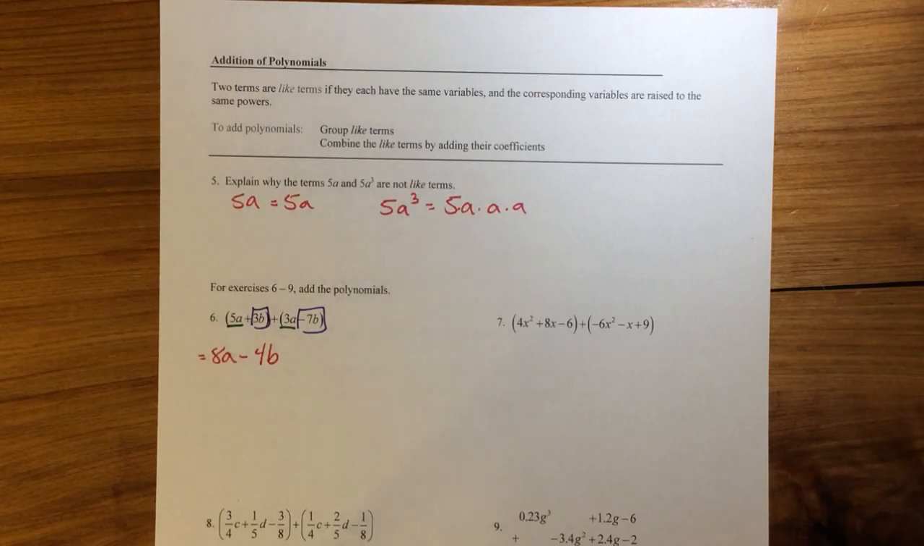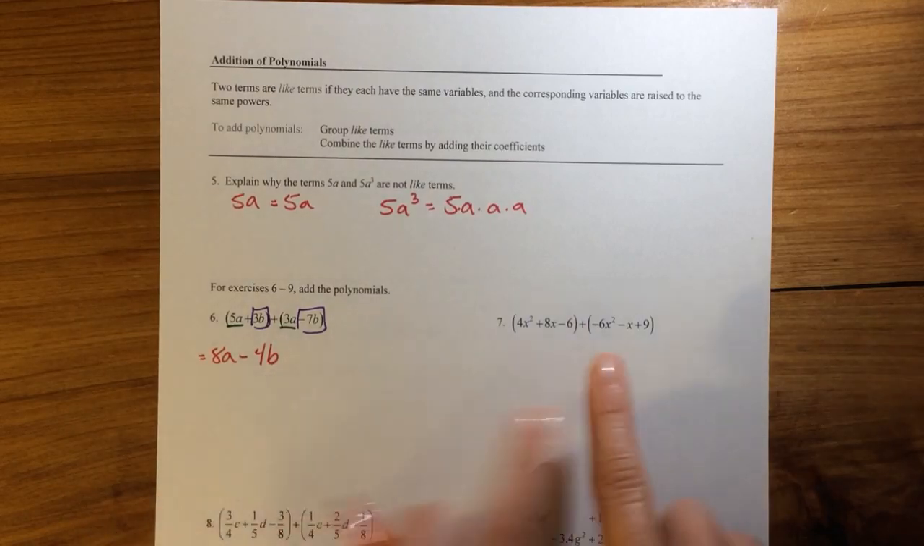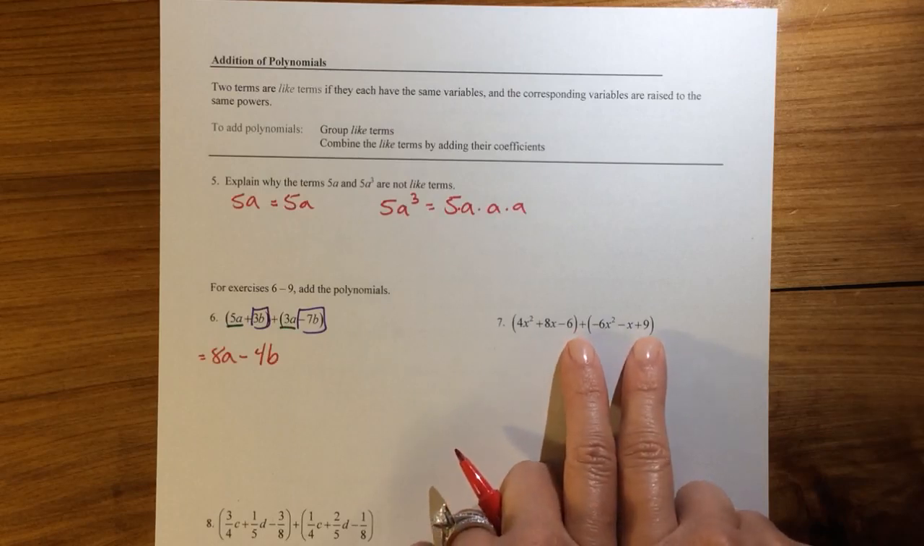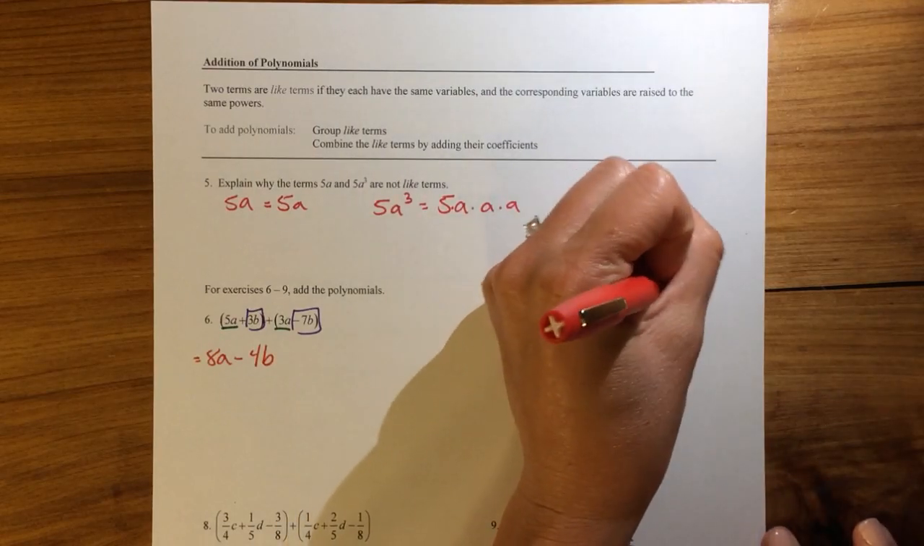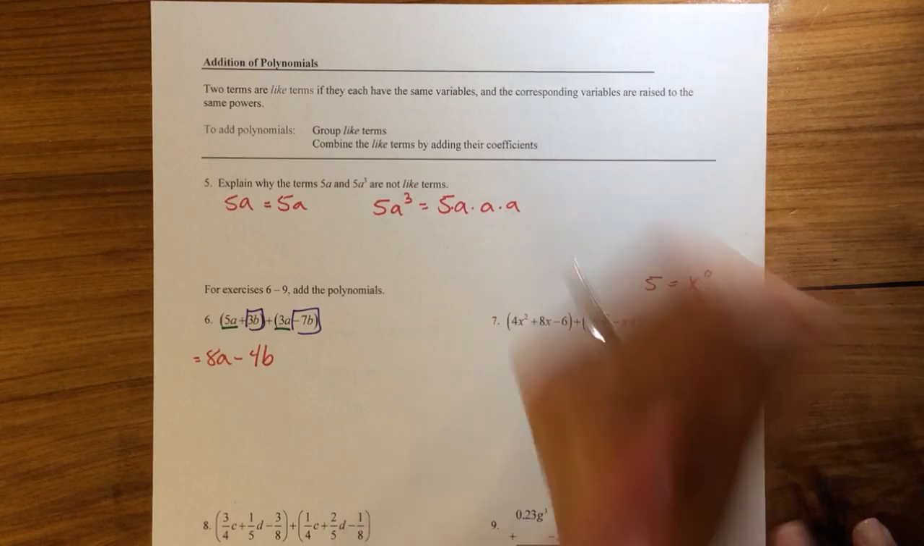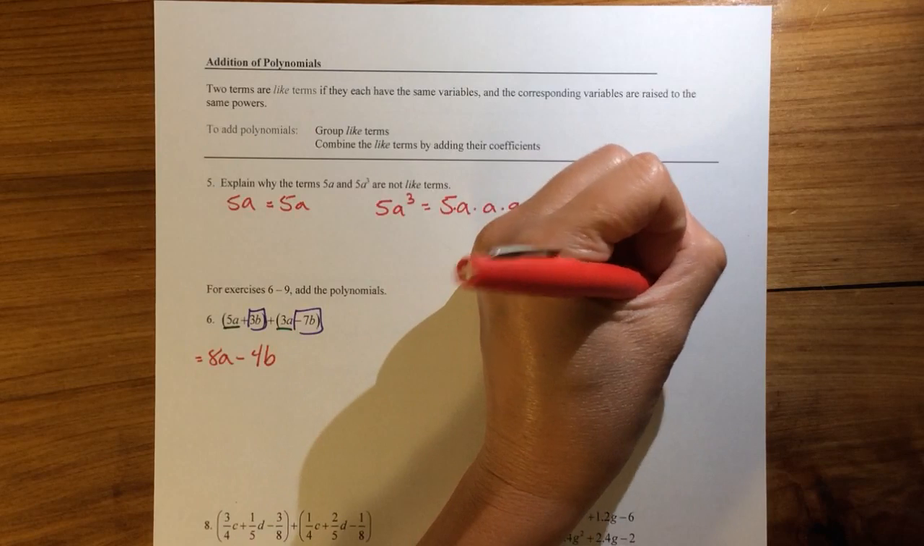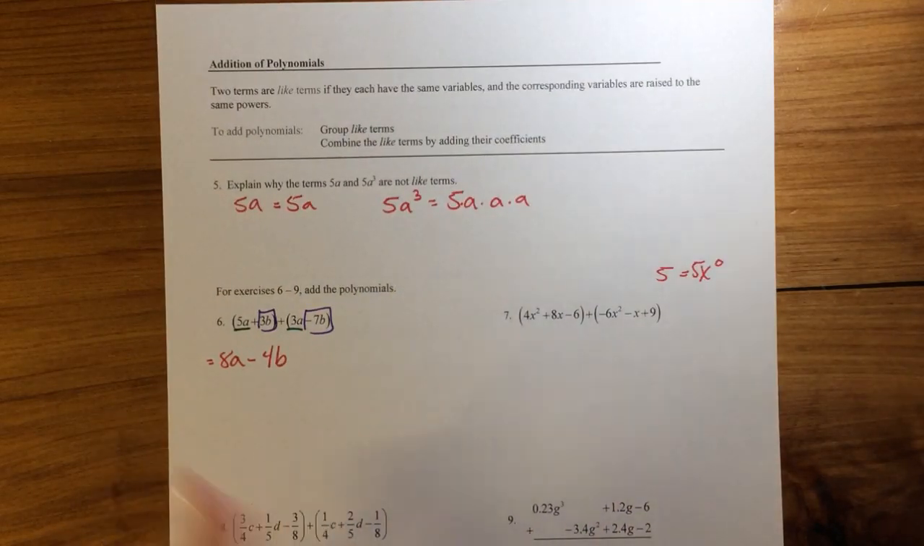For 7, I'm going to let you do 7 on your own. Very similar to 6, except you just have an extra term. So remember, if I have 5, that's technically 5x to the 0. So treat it kind of the same. Or excuse me, 5x to the 0. Helps if I write what I say. 8,